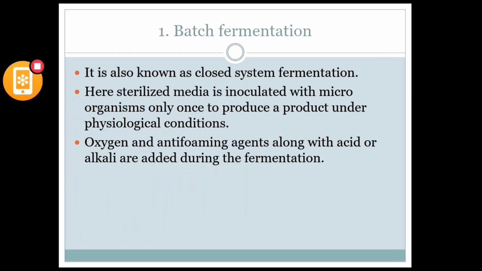First of all, we'll discuss batch fermentation. This batch fermentation is also called closed system fermentation. Here, batch means only once. The fermenter consists of both media and microorganisms. In this batch fermentation, media is added only once, and we all know that when microorganisms are given a particular media for growth, they start multiplying themselves. In other types of fermentation, media is continuously provided, but in this batch type, media is provided only once. That means a single time media and microorganisms are added.